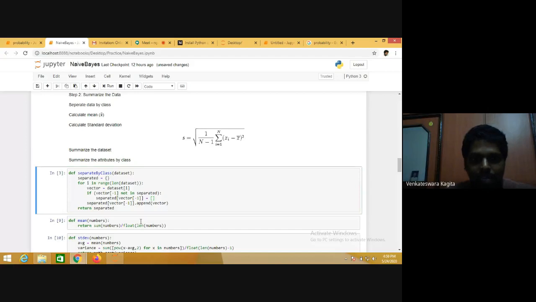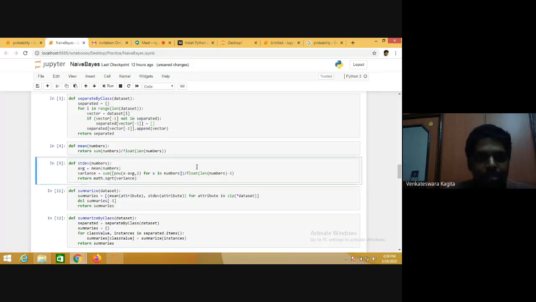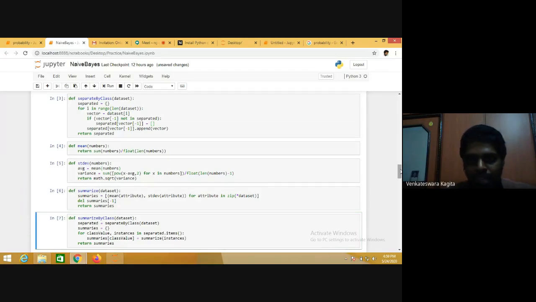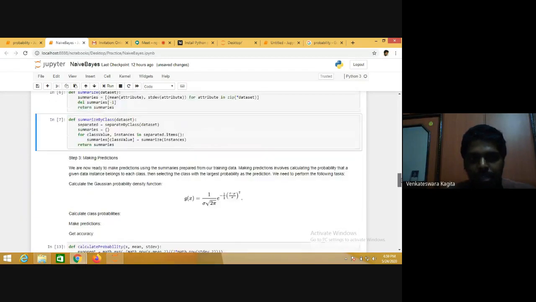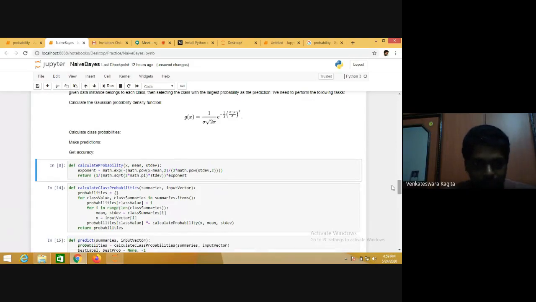I'm just simply executing all these functions that I have already described. I'm pressing Control Enter. If you press Enter, it will automatically go to the next, but I would like to press Control Enter. I just want to execute these coding blocks, not the text blocks.